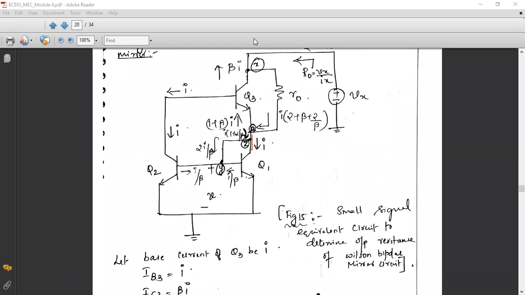Okay. Now we are going to find out the current entering node A. As of now, we have the current towards Q3 and also the current towards the terminal Z. Both are leaving. Therefore, the current which is passing through this resistance R0 towards this node A, I can treat this as node A. So this will be the entering current. This entering current will be the sum of these two outgoing currents, one towards Q3 and another towards Q1, that is towards a set terminal. So you need to add these two to find the current flowing through R0 towards A.